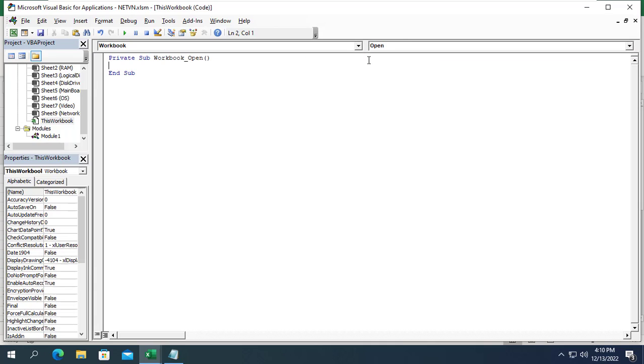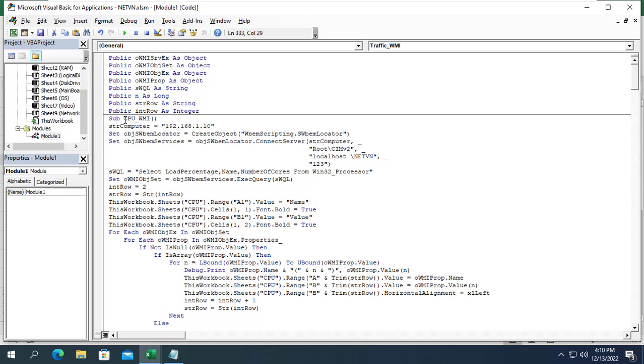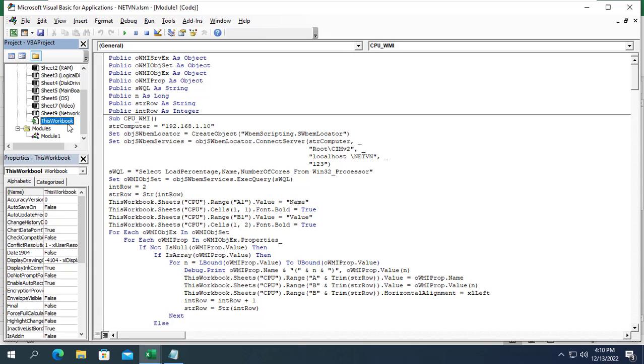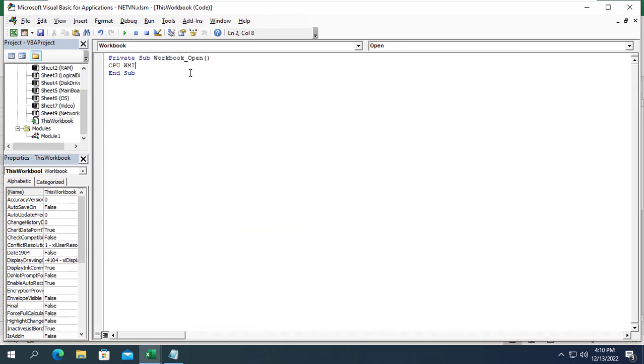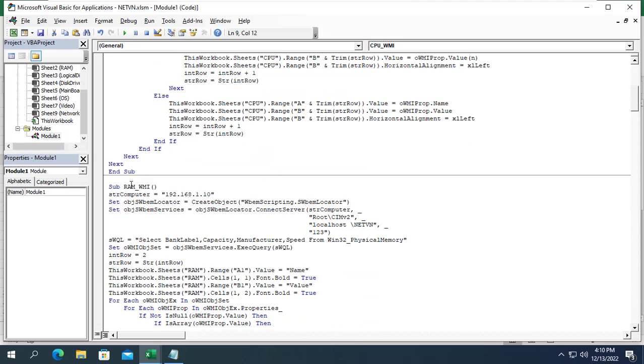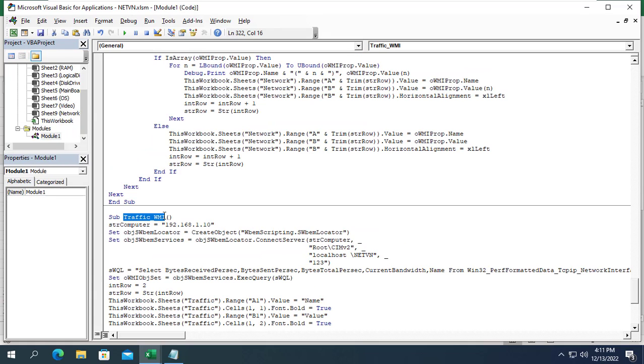Next, I set it up so that every time I open this Excel file, this information will be updated. Why I do this is because processor load, network traffic, hard disk space change over time. I will set up all procedures to launch every time I open this Excel file. Above is the basic way I did to monitor and administer a remote Windows computer using Microsoft Excel.